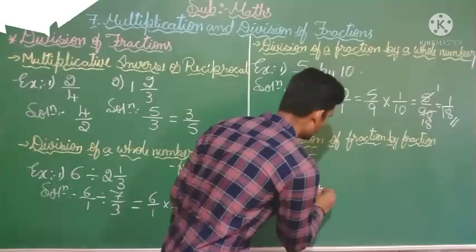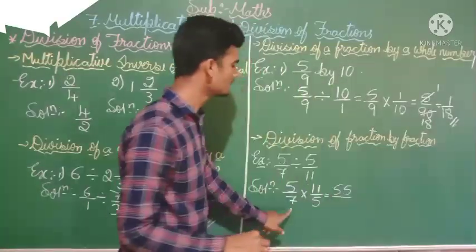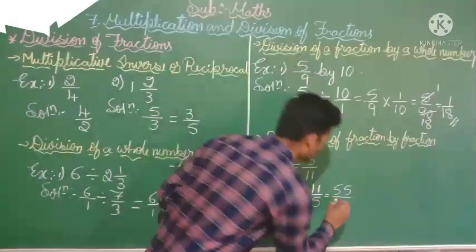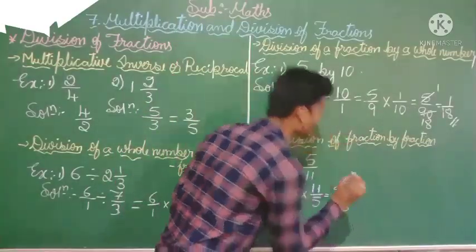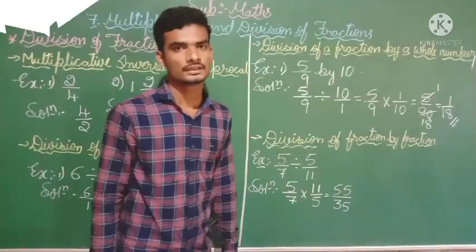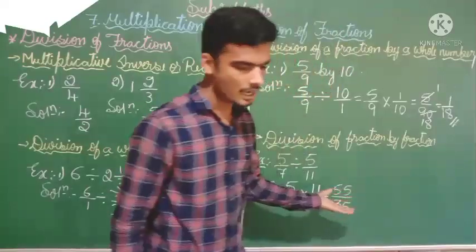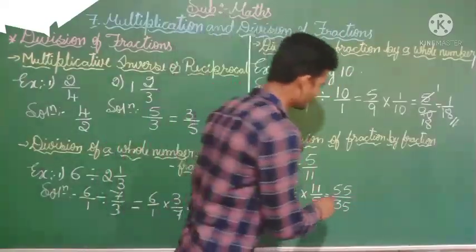Now you will get 5 11s are 55, then 7 5s are 35. Okay, now you want to reduce this into the lowest term. Can you reduce this into the lowest term? How to reduce this into the lowest term? That is,